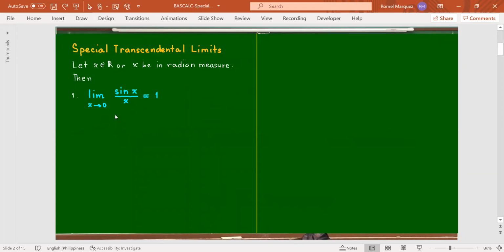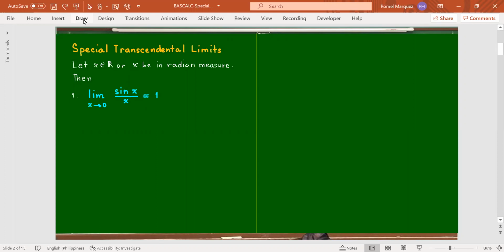So we have the limit of sine x over x as x approaches 0 is equal to 1. We verified this already using the graphical and numerical approach, right? We conjecture that this limit is equal to 1, although there is a formal way of proving that this is equal to 1. But that's enough for your case. If you go to college, you will have a precise way of proving that this is really